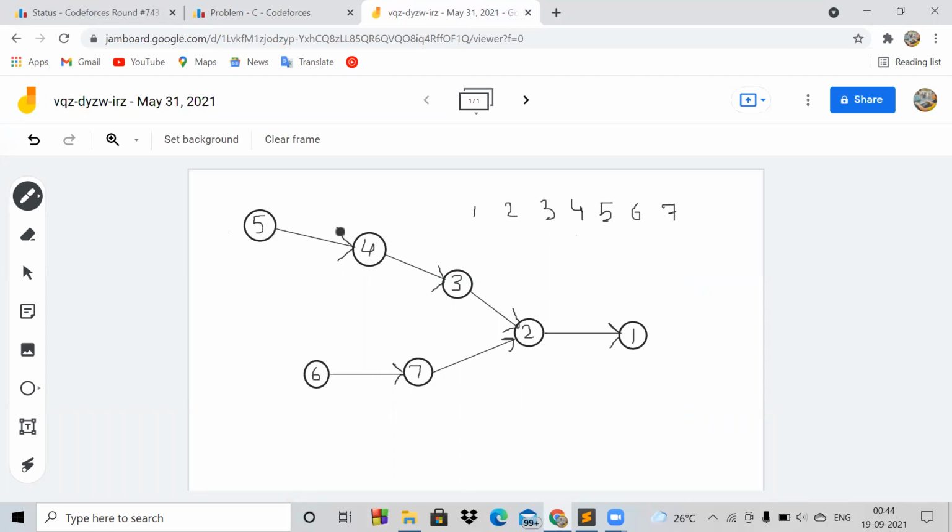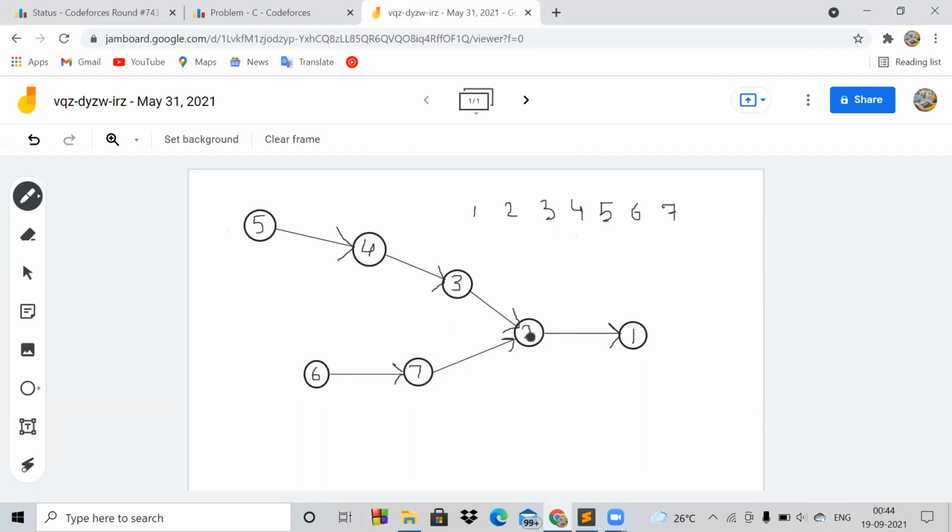In this, an arrow between 5 and 4 represents that in order to understand chapter 4, first we have to understand chapter 5. So we have an arrow from 5 to 4, which means that chapter 4 is dependent on chapter 5. Similarly, chapter 3 is dependent on 4, 2 on 3, 1 on 2, 2 on 7, and 7 on 6.